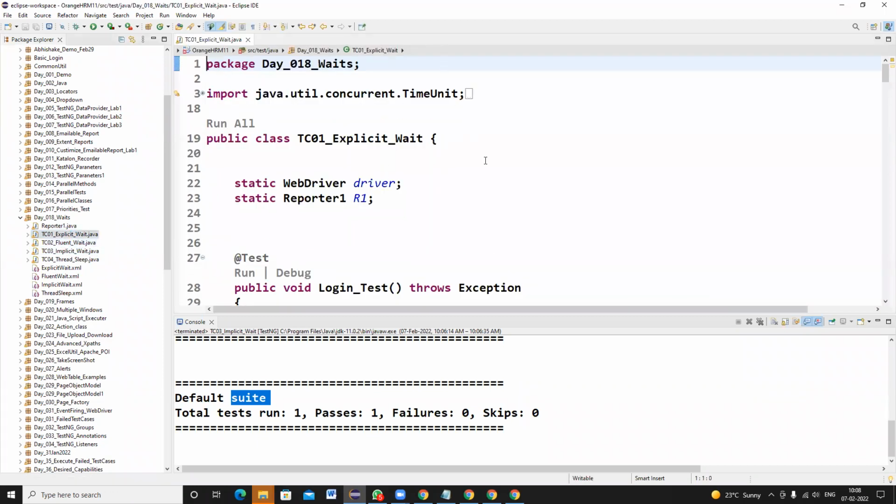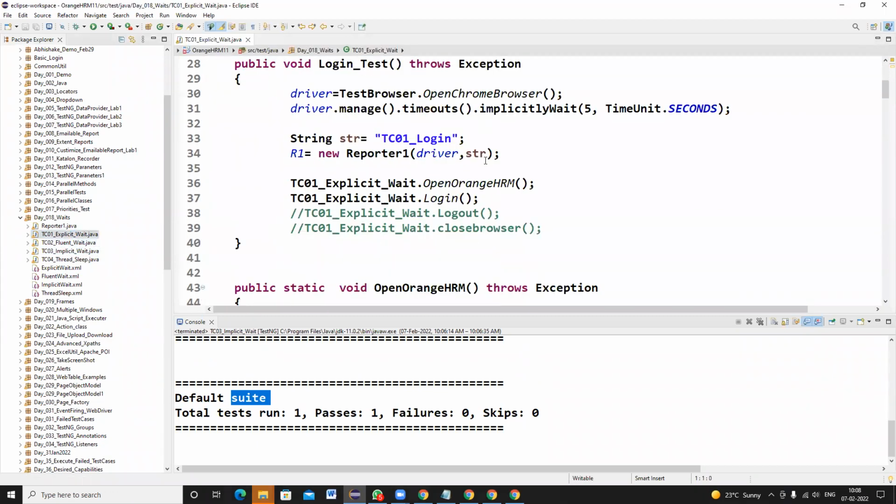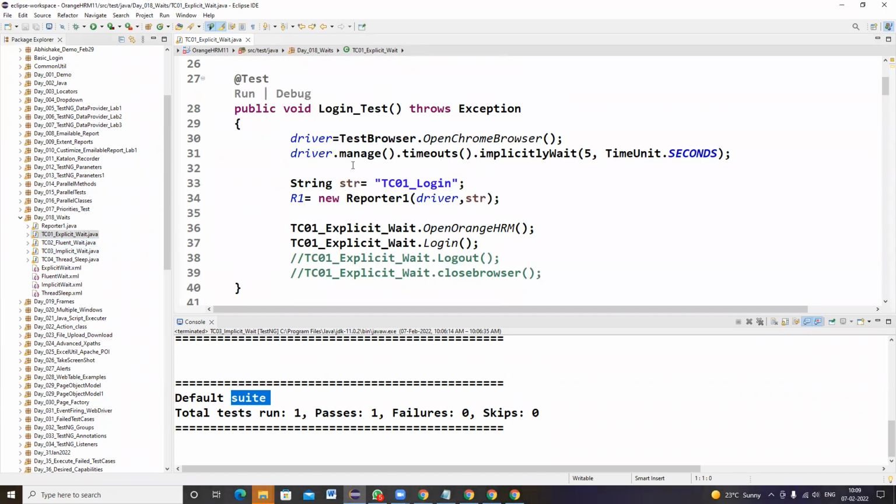I am going back to the explicit wait. So let us assume one of the web elements is loading after 10 seconds. That means that web element is crossing more than the default implicit wait time.